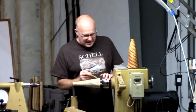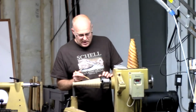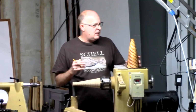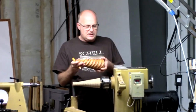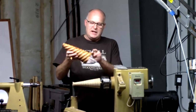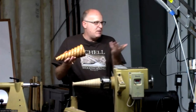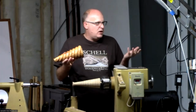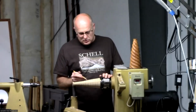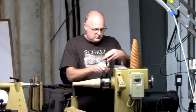So again, you can make these spirals as big or as small as you want. You can make them as shallow or as deep as you want. If you look at this, they're a lot more shallow here, and then they get deeper as they go down on this piece. That's just my style. You can do it any way you want. So once you have all this going the whole way around the piece,